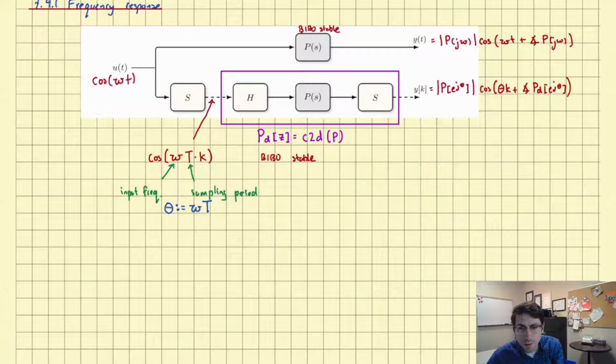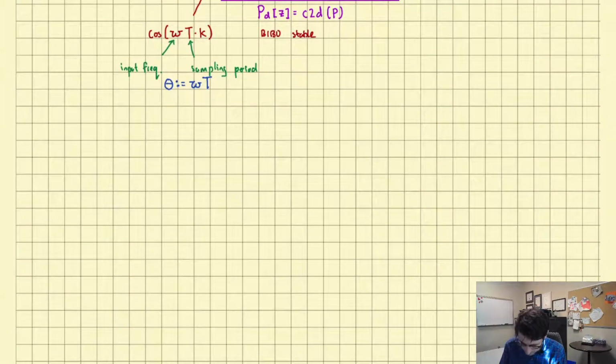All right, and we want to know basically how similar are these responses, right? Because if we want to design a system to track, say, things at a certain frequency, we want to know how our discretization behaves at those frequencies. And so the question we want to briefly discuss, it's going to be a very quick discussion, is to understand what